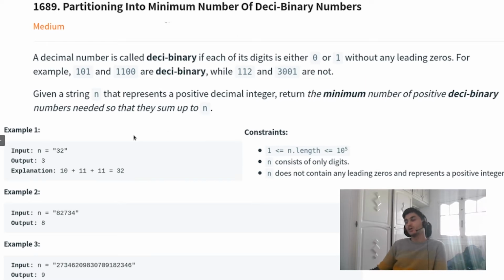Okay, so if we move to our first example with 32, the output should be 3 because 3 is the minimum number of Deci-Binary numbers that sum up to n, with 11 plus 11 plus 10 equal to 32. Okay, so let's move